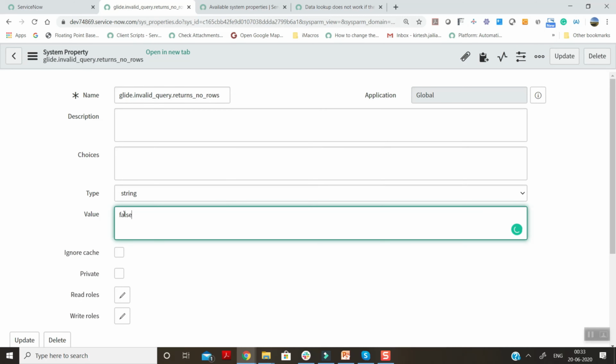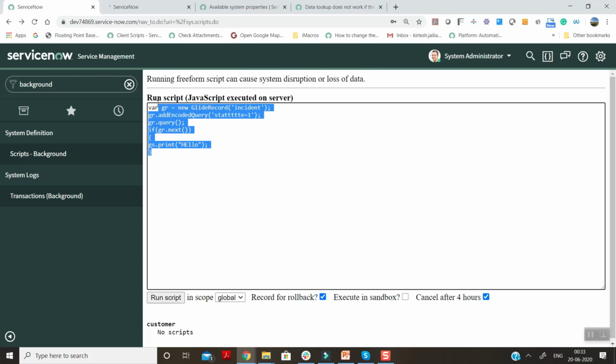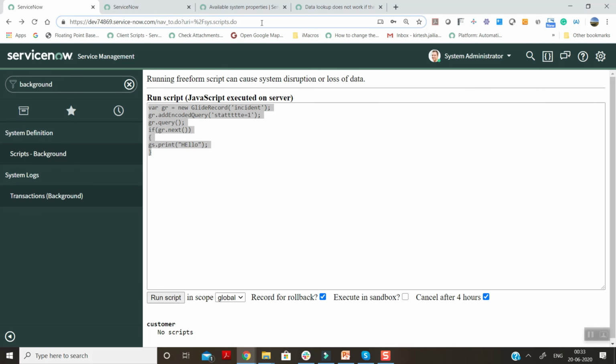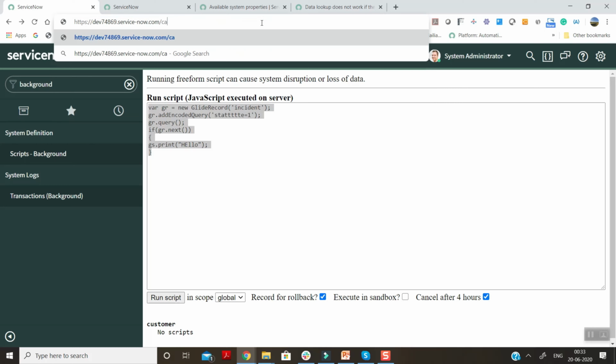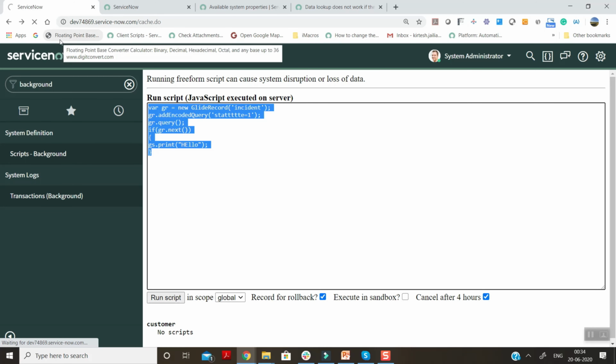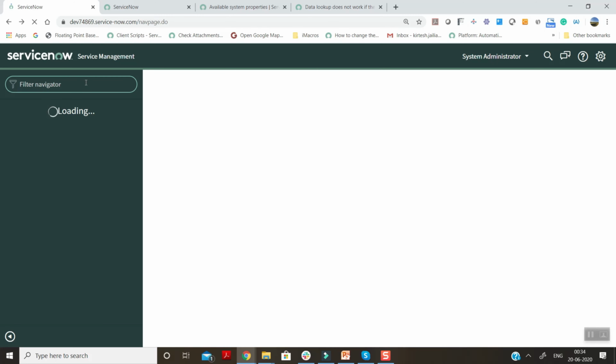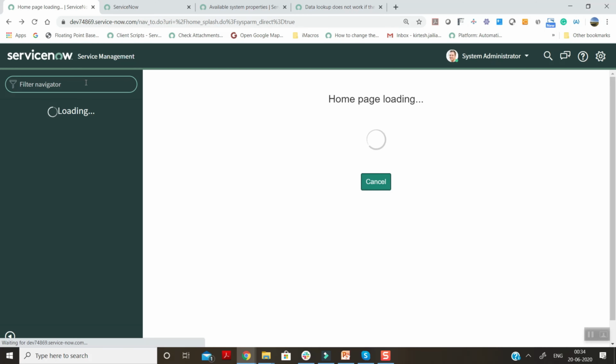Now let's see what if we set it as false. I am just cleaning the cache. I'm going back again, and we will run that background script once again, and we'll see what will happen after making that property false.